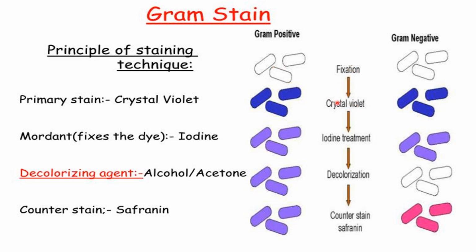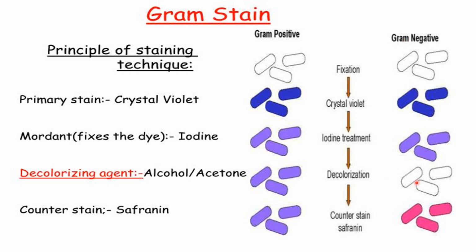Then we are adding the primary stain crystal violet. So in gram positive and gram negative, it will take the stain of the primary stain, that is crystal violet. Then we are adding iodine treatment. Then next, decolorization, that is adding alcohol acetone mixture. So in gram positive, it will retain the violet color, and in gram negative,